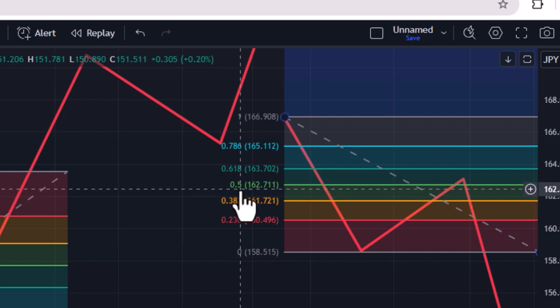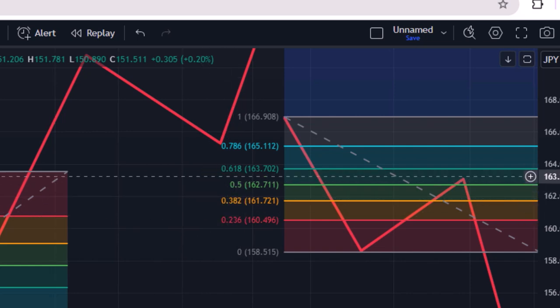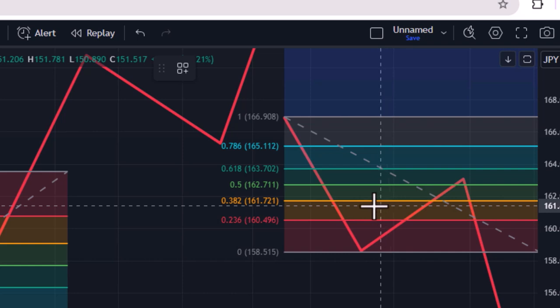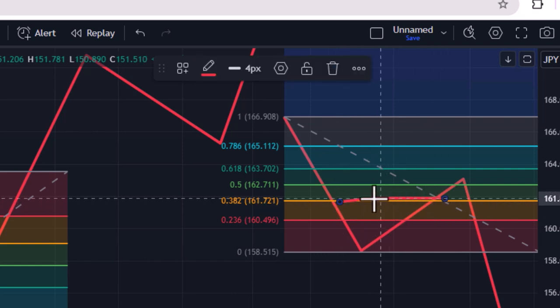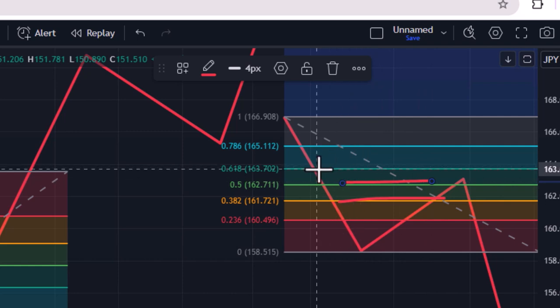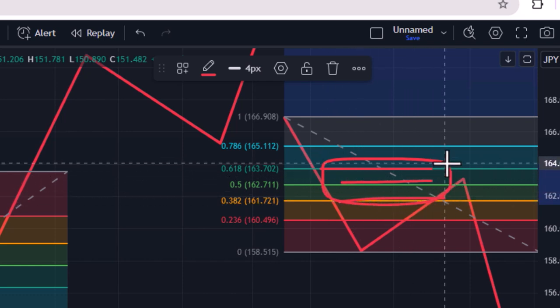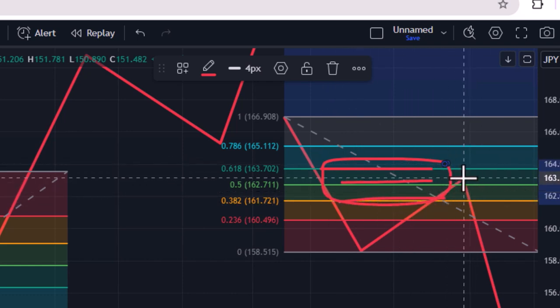Secondly, there's 0.50, that's the 0.5 level at this very point, and the third one is 0.618. The market most times retraces within these levels: the 0.382 right here, the 0.50 right at this very point, and the 0.618 right at this very area. These are the major levels that I consider for retracement to end in the market before the next impulse